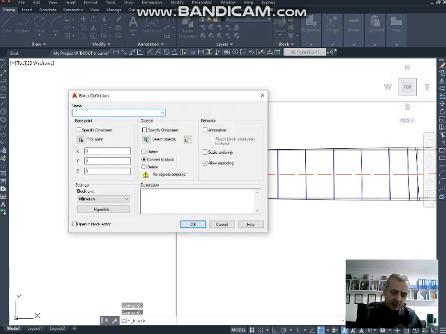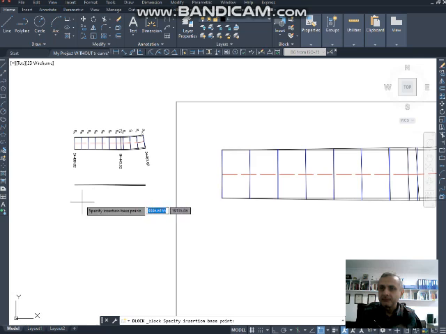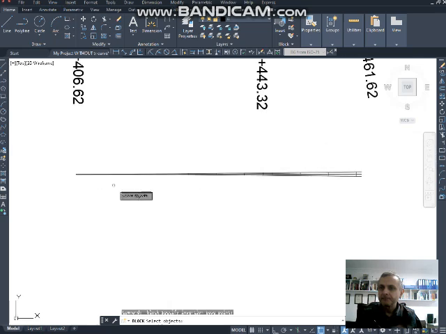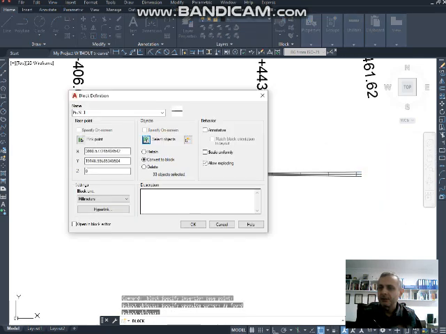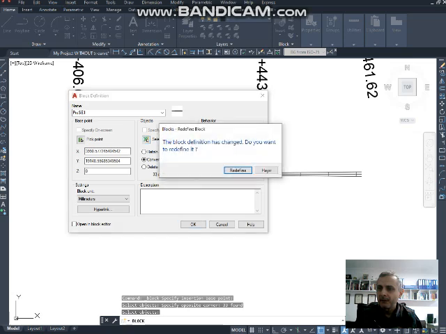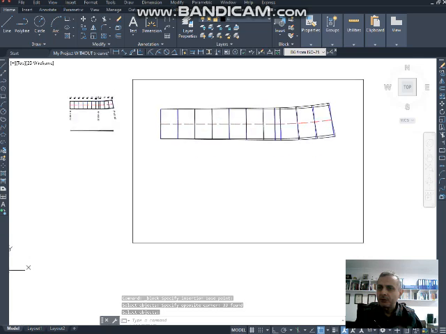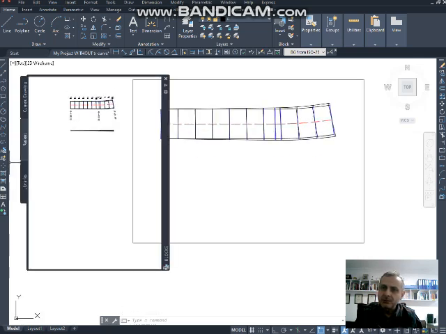Okay, make block, give a name, profile super elevation 1, pick a point, this point, select objects, object selected, click OK. And now I'm going to insert the block underneath here. Insert,